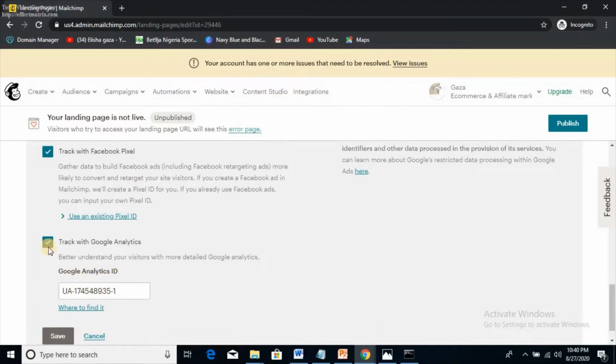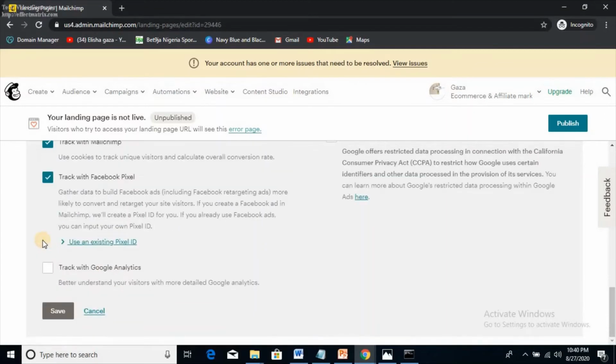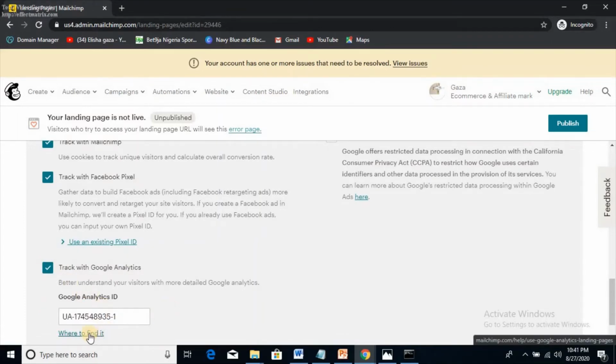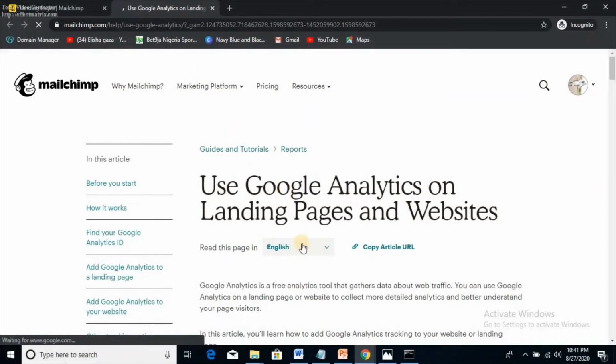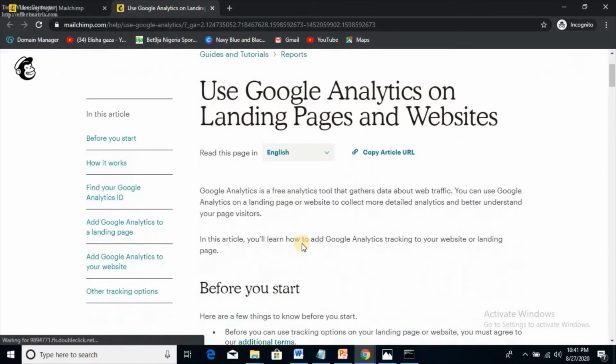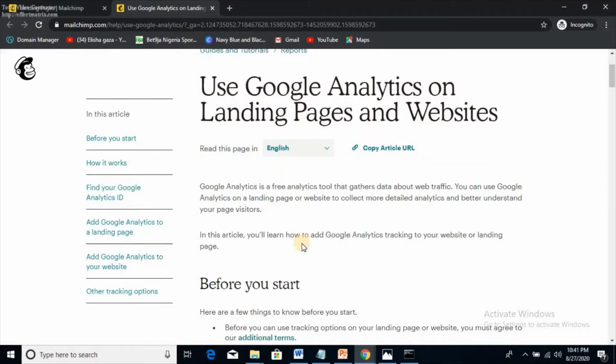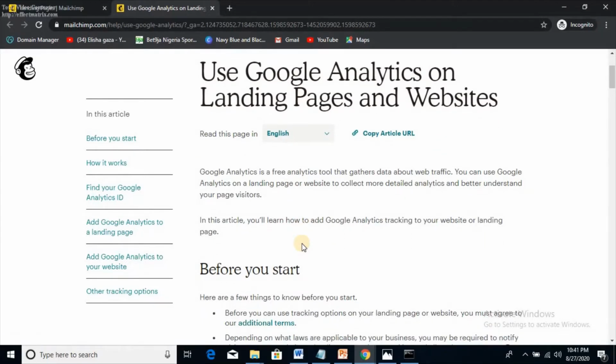So just go to, okay, let me track with it. Now you see you can cross where to find it. It shows you where to find it. Google Analytics is a free analytics tool that gathers data about web traffic. You can use Google Analytics on a landing page or website to collect more detailed analytics and better understand your